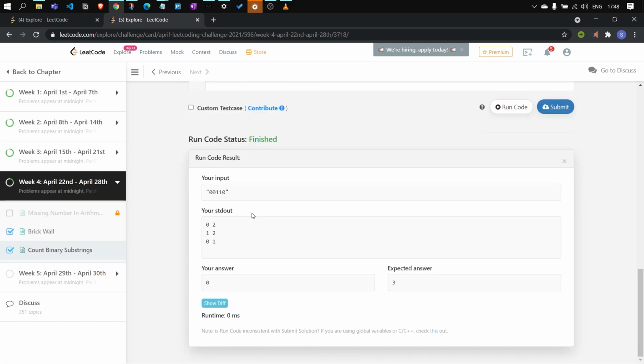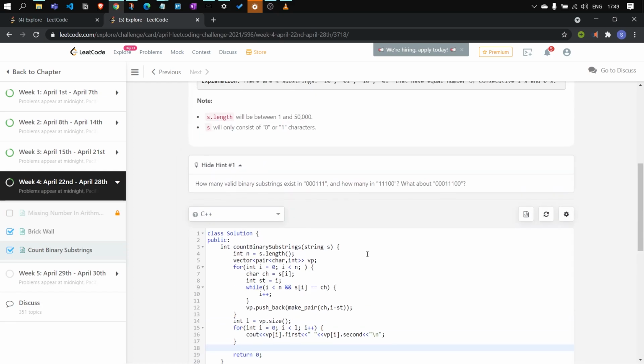For example, here if you look, among the zeros and ones the minimum number of times a character is repeating is 2. So we will be adding 2 to the answer. And in the next pair, the next 1 and 0, you can see the minimum number of times a character is repeating is 1. That is, 0 is repeating once, that is here. So from this you will be getting one substring. So we will add this one to the answer, and finally we will get the answer as 3.